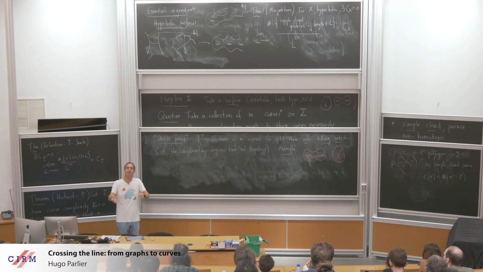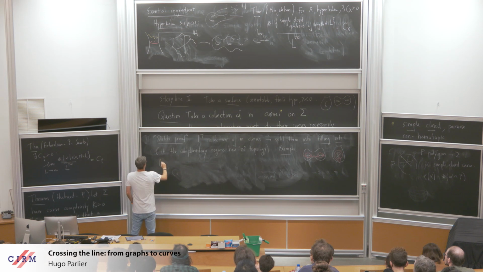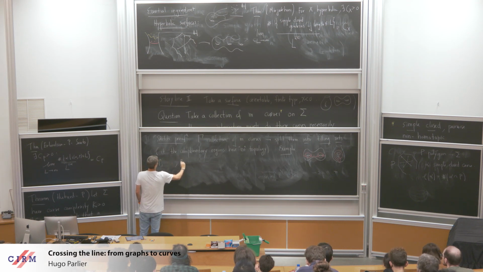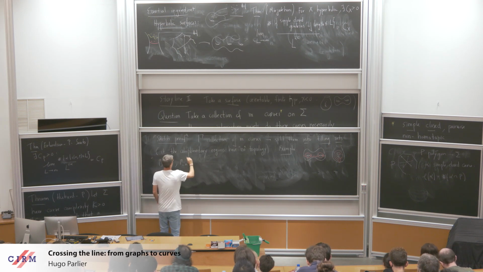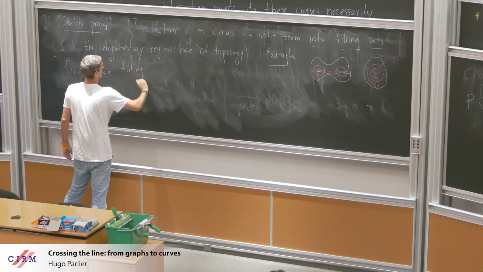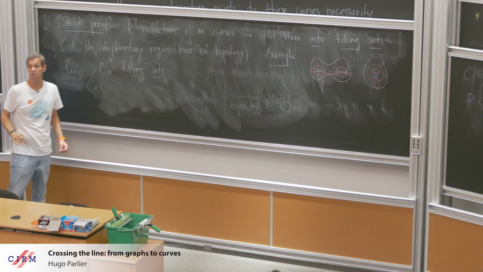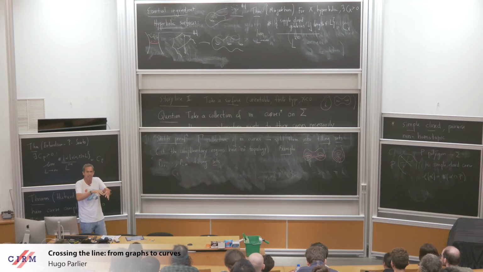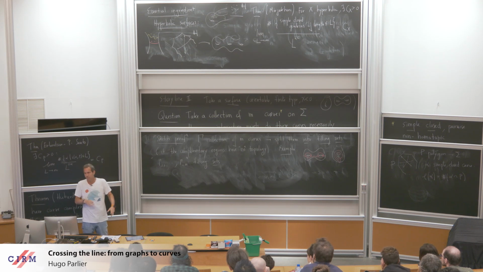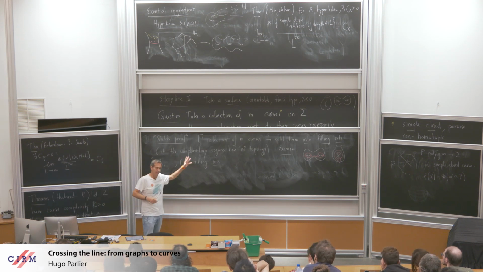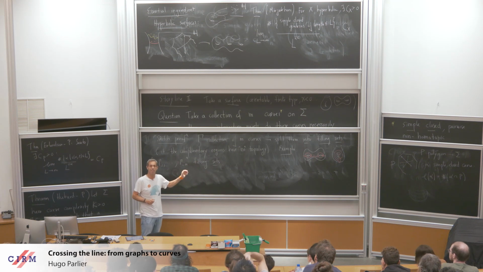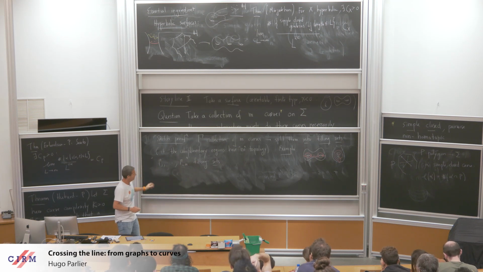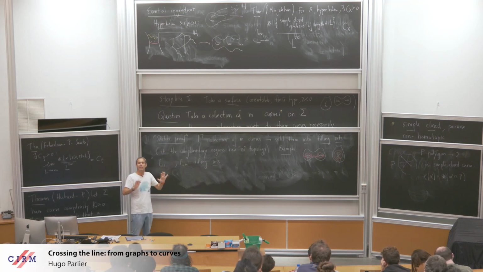At one point I have to stop, and then I go to the next set. I throw these curves away, and then I go to the next set. I take a curve, I add another one, and so on and so forth. So what I get is gamma 1 to gamma some constant times m, filling sets. I'm being a little bit cheeky here. In fact, I'm being very cheeky because it could very well be that all of my curves live in exactly one small part of the surface. So just bear with me and pretend that everything's going really as planned, okay?